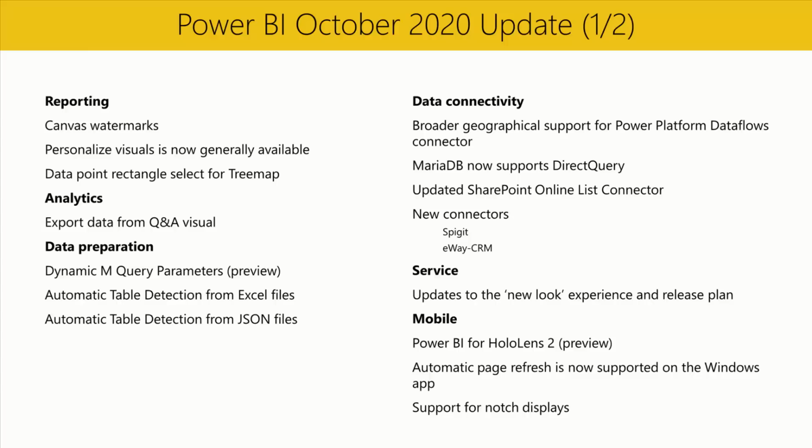First, we're previewing a powerful new feature in Dynamic mQuery parameters. This allows mQuery parameters to be dynamically updated by report consumers based on their filter or slicer selections. Authors can optimize the performance of this query, allowing end users access to more of the raw data without costing them snappy performance. Sujatha will walk us through this feature.